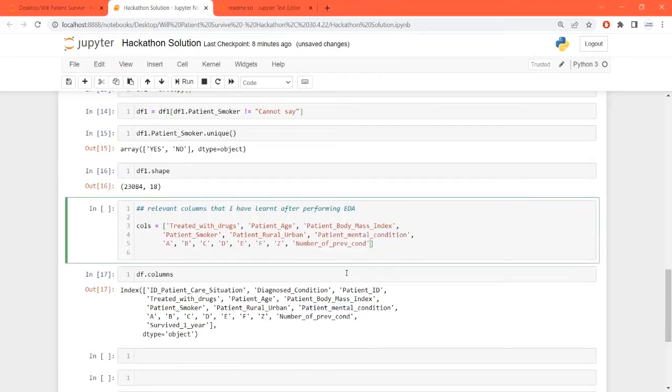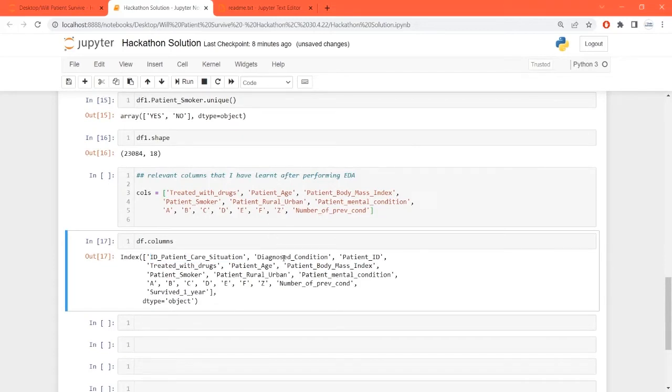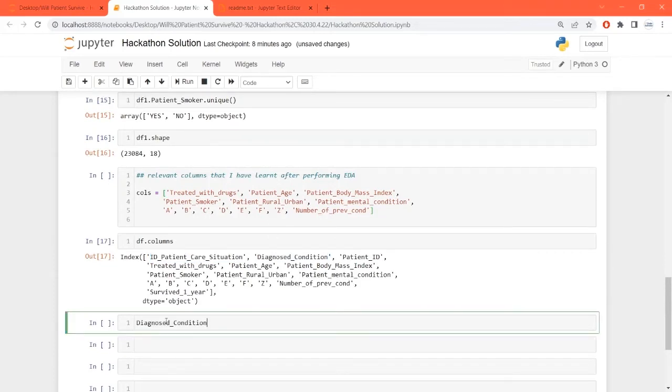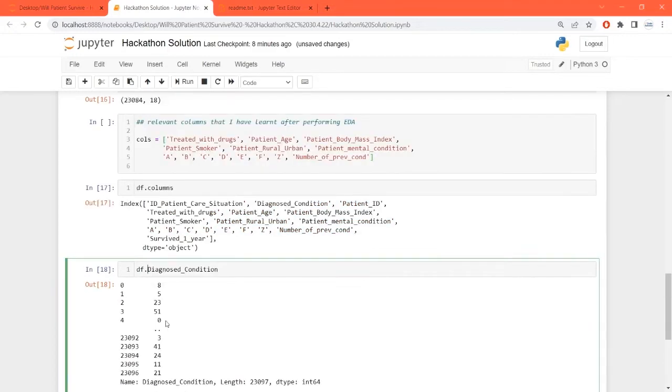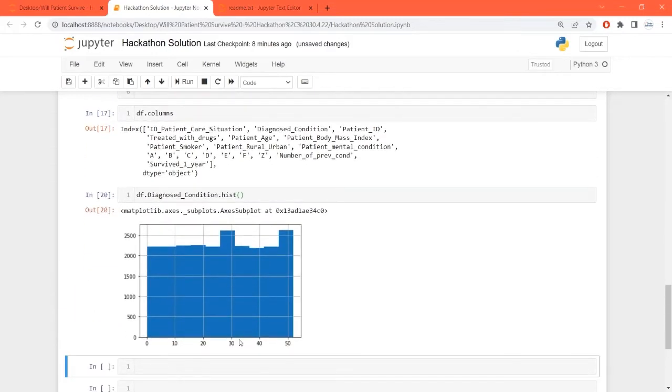What I have not taken is ID. Care situations, this ID is not relevant while going for machine learning. Diagnosed condition. If you're looking at the diagnosed condition, df.diagnosed condition.hist. This is the histogram of the diagnosed condition, how many times the person has been diagnosed.